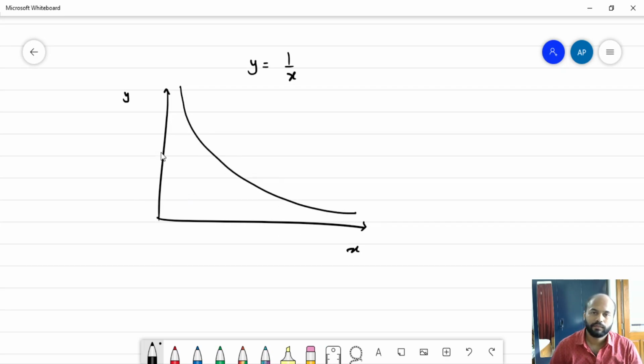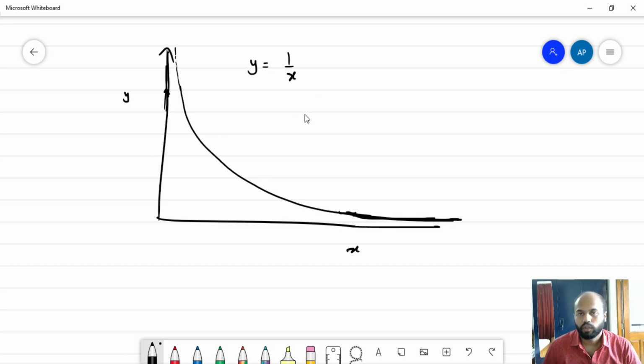That means when it starts at x equals to 0, it is on this y-axis. As x approaches 0, the y value takes infinity, and as x approaches infinity, gradually it drops down to 0. That is one striking feature of this curve. That means as we go here, this will keep reducing and finally go to 0.